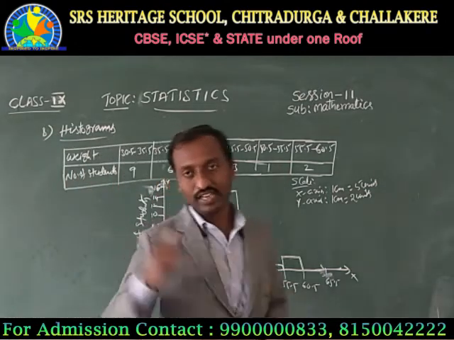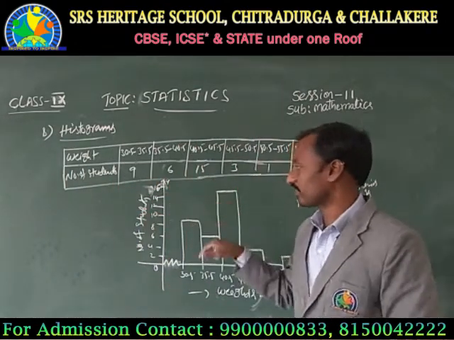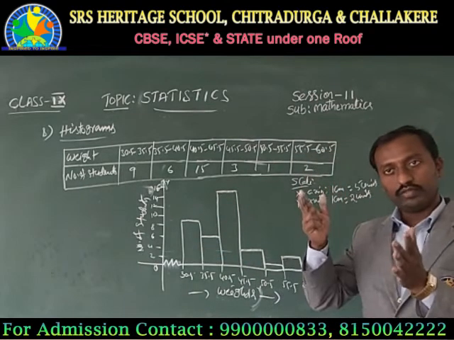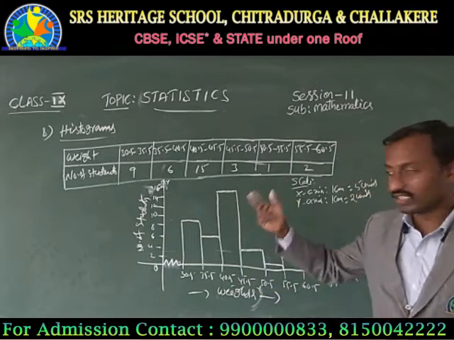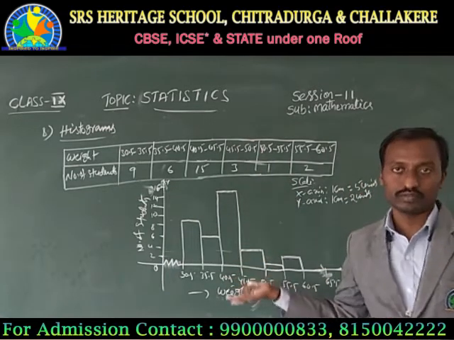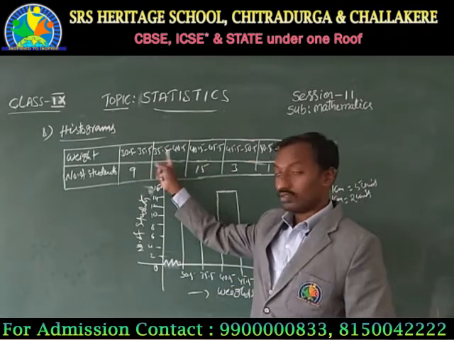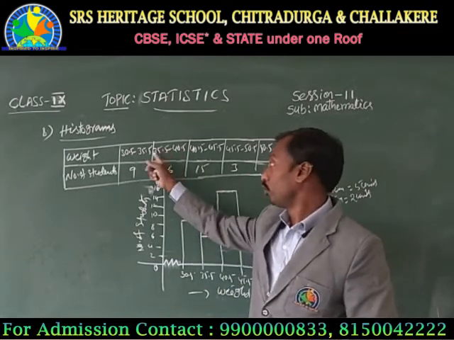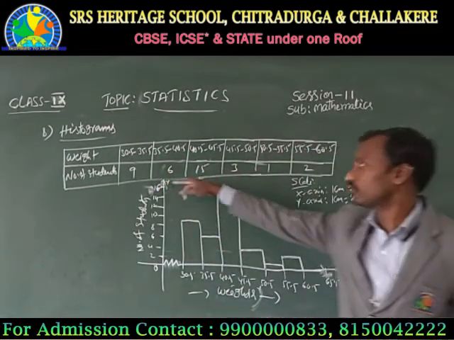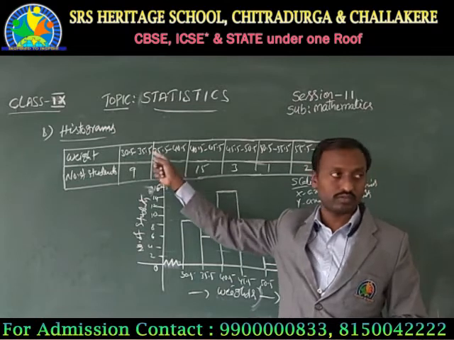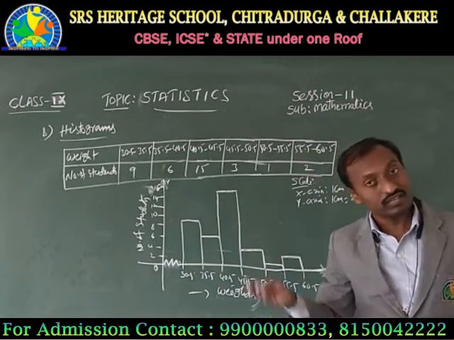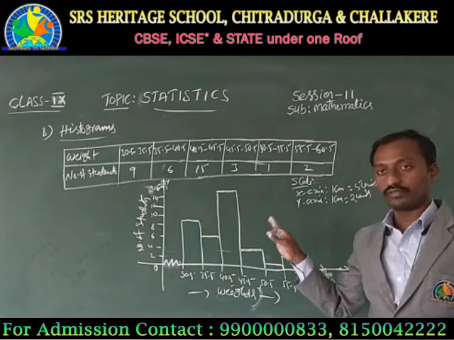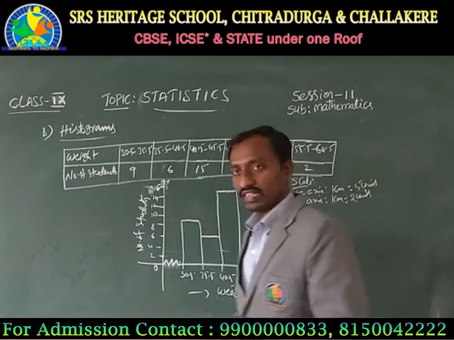Bar graphs and histograms, the difference: there we are not going with continuous class intervals. If it is continuous class intervals, that also will become like this. But this is a grouped frequency distribution with exclusive class intervals, where the upper limit of the first class and the lower limit of the next class must be the same. Let us move on to one problem in this exercise.